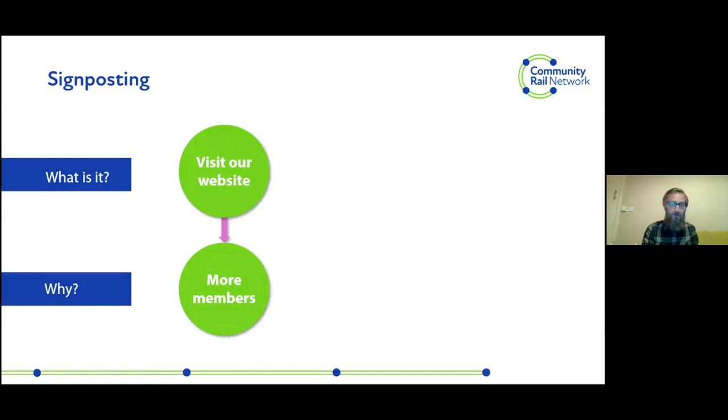It could bring you more volunteers when people find out about the range of activity and work that you have going on. Or not necessarily a website, it could be a Facebook page as well. And that's something we'll come on to. But again, you're always trying to